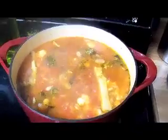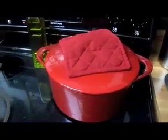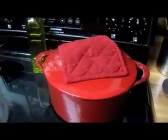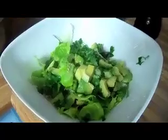Delicious. And I changed my mind. I'm going to use brown rice instead of noodles. So I put them in now since brown rice takes a little longer to cook. I did like 3/4 cup instead of a cup just to make sure it didn't overtake the entire soup. The beautiful thing about one pot meals is that it's just over there cooking, and now I'm free to do other